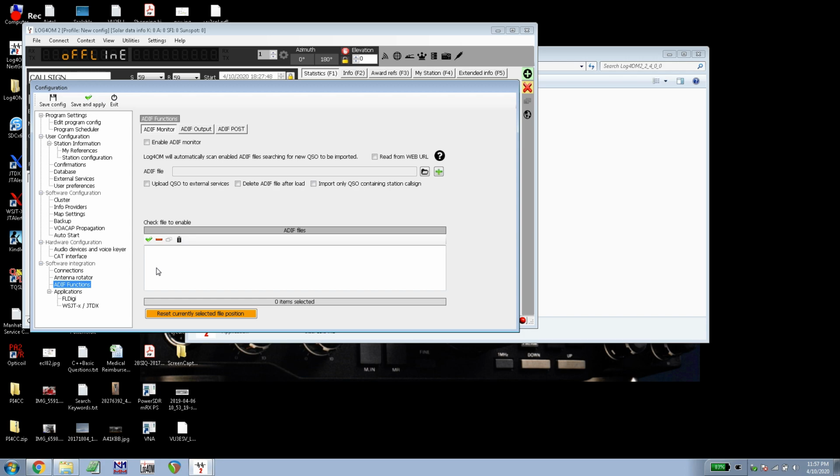Unlike the UDP port, this Log4OM can look into certain files and see if there is a new log entry, and if so, Log4OM will be able to import that log entry into its database. This is applicable when you are using WSJT-X or JTDX for the FT8 or FT4 modes. Whatever QSOs are logged in FT8 or FT4 modes, these softwares, JTDX as well as WSJT-X,